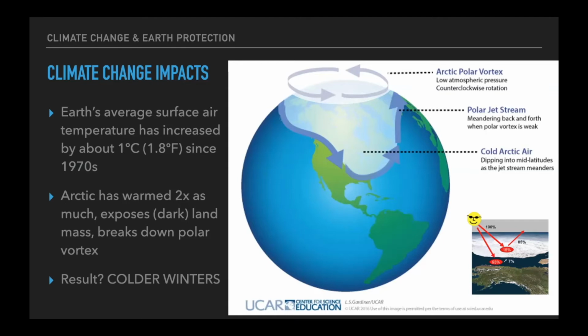It's a conundrum, and it's why we changed the language from global warming to climate change, because as we notice the impacts of this heating that's happening, we're realizing that there's all these complex waves of effects that are happening that don't necessarily mean that things get warmer, but things are going to get more erratic and more difficult to predict. So colder winters are actually a symptom of climate change.